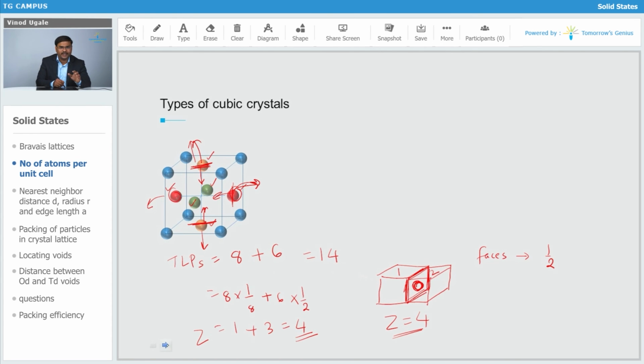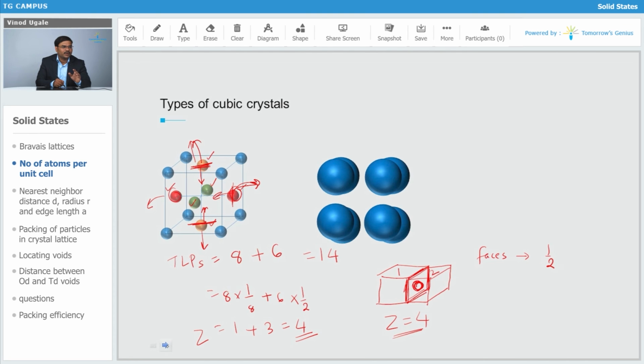Now let's see what the actual arrangement is going to be. Corner particles are somewhat more apart from one another. So the distance between corner particles is increasing. In simple cubic they are close, compact, touching each other. In body centered they are a little bit apart from one another, and in face centered they are even more apart, because they have to make space for the particles which are going to be on the 6 faces.